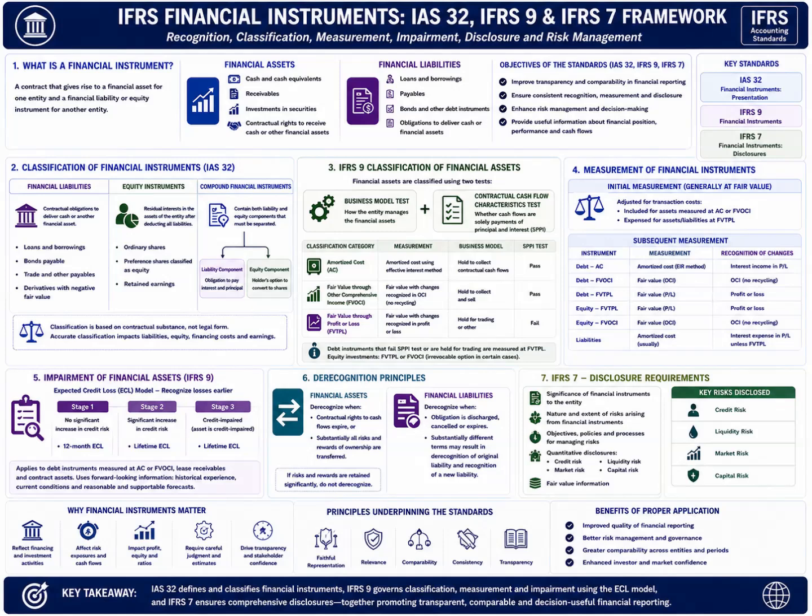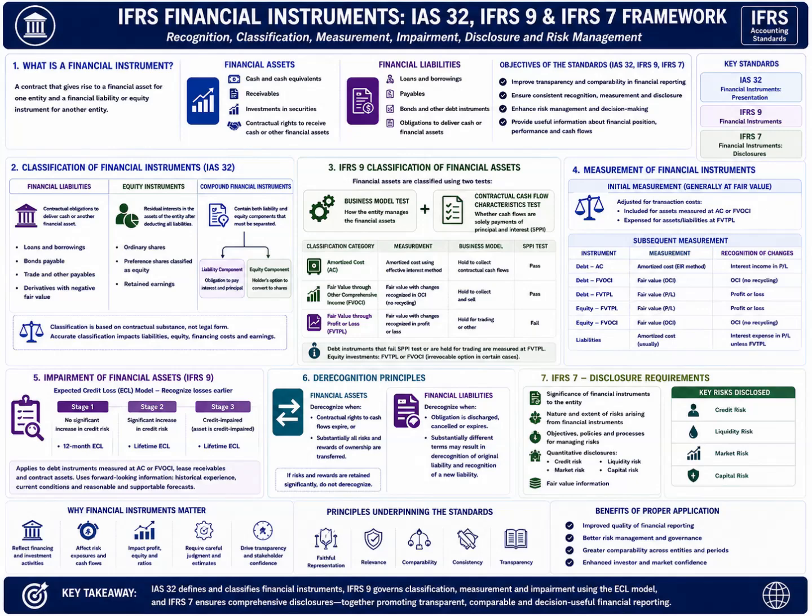Under IAS 32, instruments are classified as financial liabilities or equity based on their contractual substance rather than legal form. Equity instruments represent residual interests after deducting liabilities, while financial liabilities involve contractual obligations to transfer cash or another financial asset. Compound financial instruments, such as convertible bonds, contain both liability and equity components and must therefore be separated on initial recognition. The liability component reflects the obligation to pay interest and principal, while the equity component represents the holder's conversion option into shares. Accurate classification is critical because it directly affects reported liabilities, equity balances, financing costs, and earnings